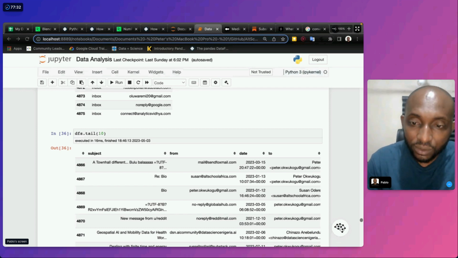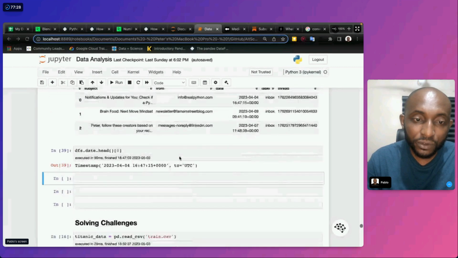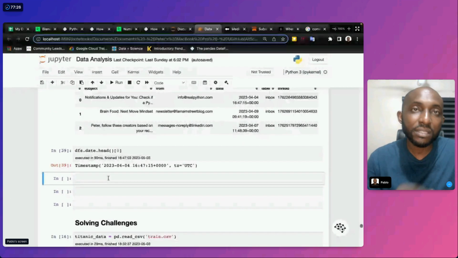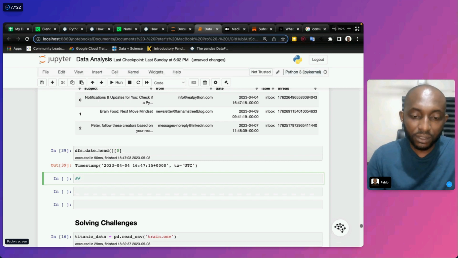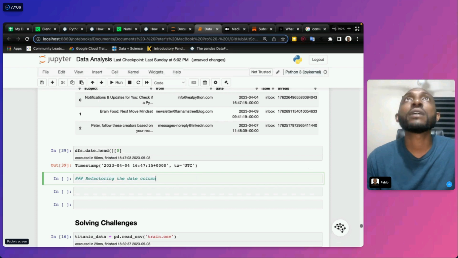And so that's one important aspect of what the refactoring will be doing with our time data here. So we're going to be refactoring that.